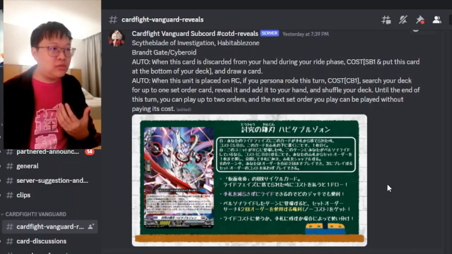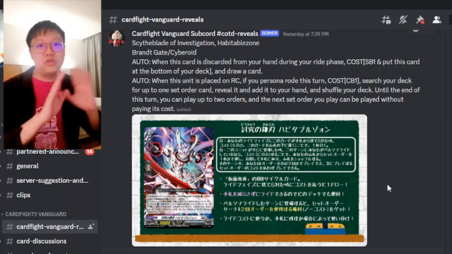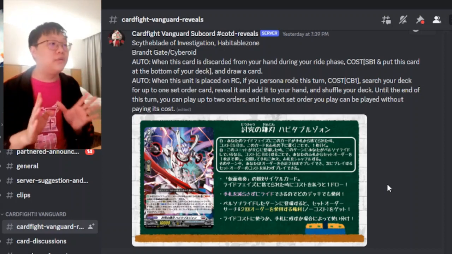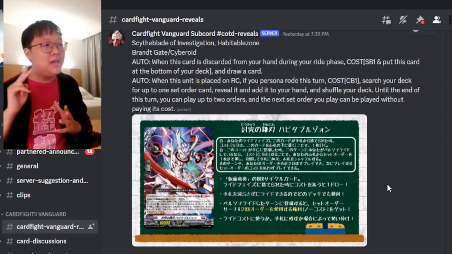You Soul Blast 1 and put this card at the bottom of your deck and draw 1. So that means that you don't lose a card, which is good. Right, so second skill, when this unit is placed on the rearguard circle, if you Persona Rode during this turn,